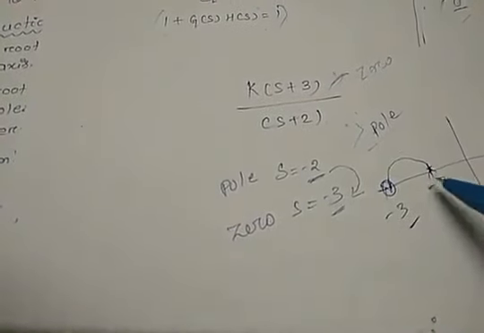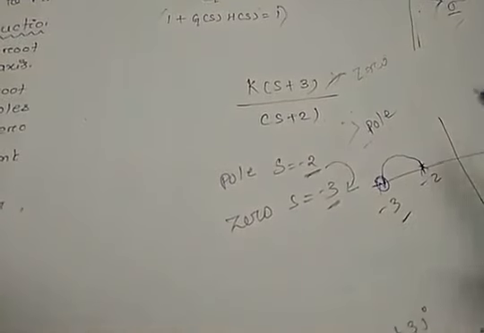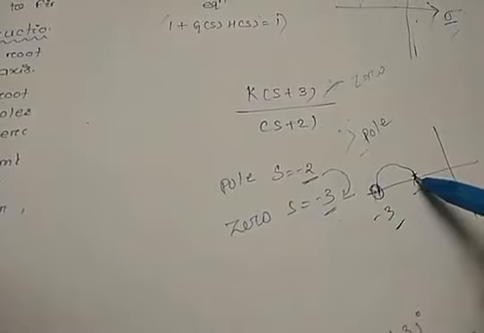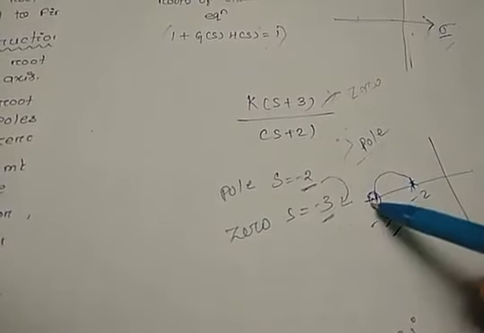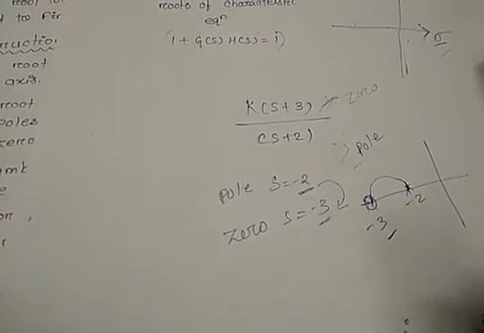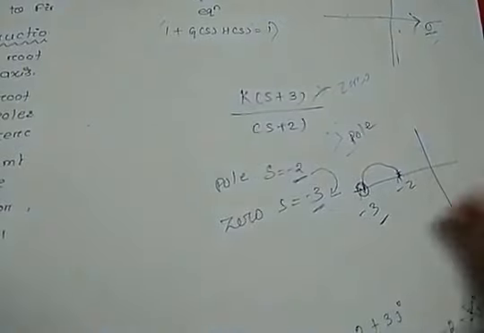That means, when we place this pole and 0 in the S-plane, this statement says that the root locus will start from this pole and terminate, that means end, at this open loop 0 or may end at infinity. That means if we have no 0, then it will move to infinity.